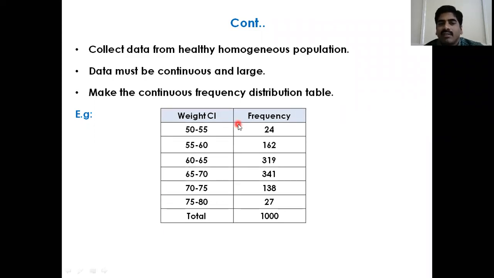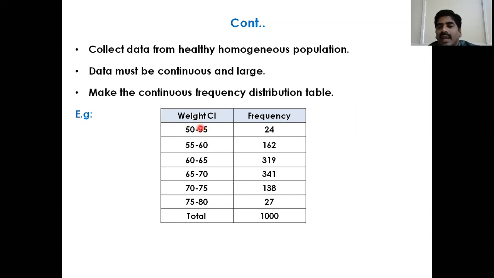See, what is continuous data? I will explain. See here, weight, these are the weight class intervals. So 50 to 55 kg, a total of 24 members are there between 50 to 55 kg. Okay. And the next class interval starts with 55. Suppose any observation's weight is 55, where do we count it, in the first class interval or the second class interval? We have to count it in the second class interval. This is called an exclusive class interval, not an inclusive class interval.